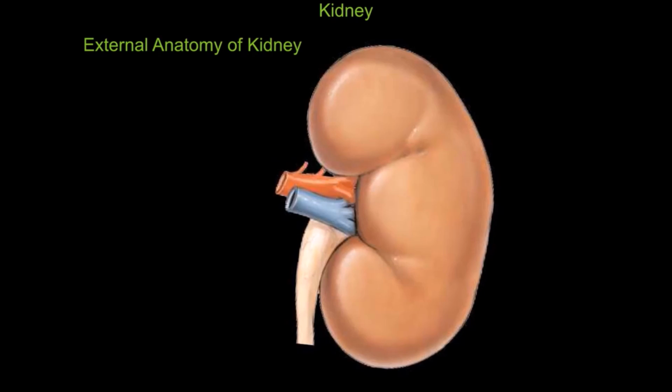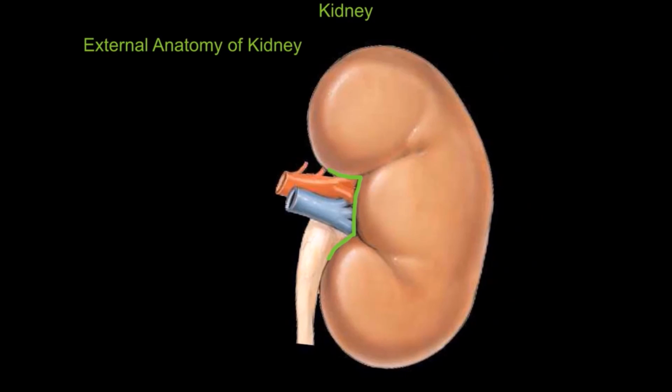The kidney is a bean-shaped organ located in the posterior abdominal cavity. The kidney is known as a retroperitoneal organ because it's located behind the peritoneum. External structures of the kidney include the fibrous connective tissue covering that surrounds the kidney called the renal capsule,